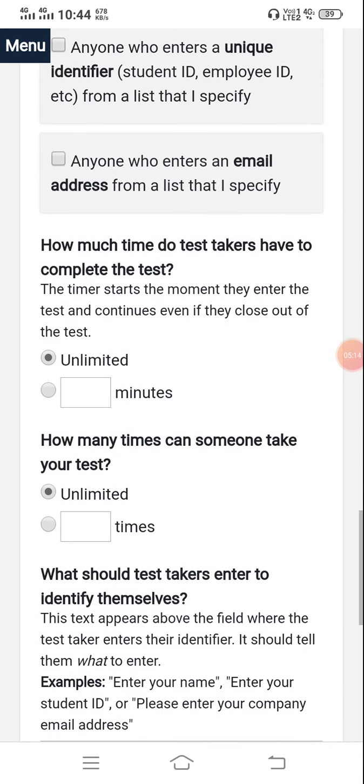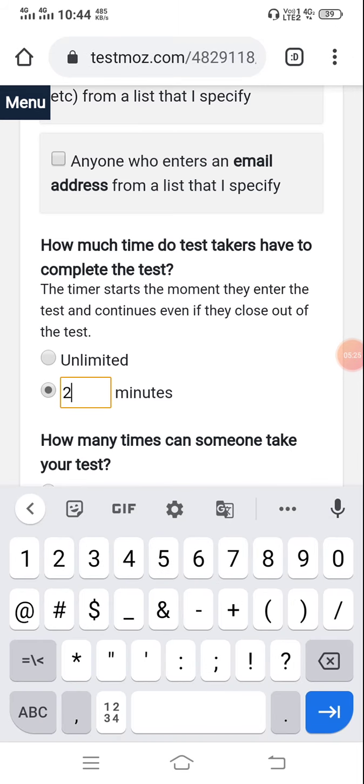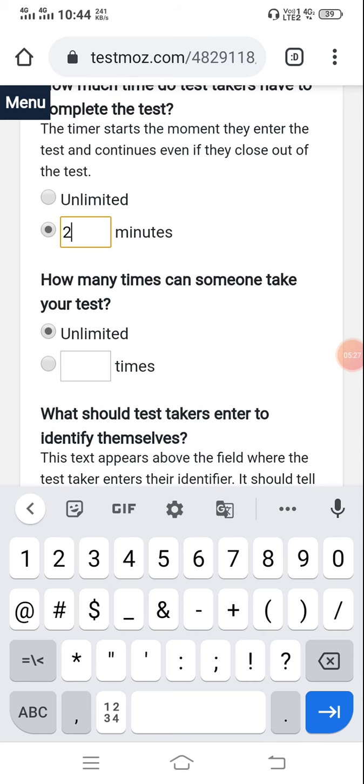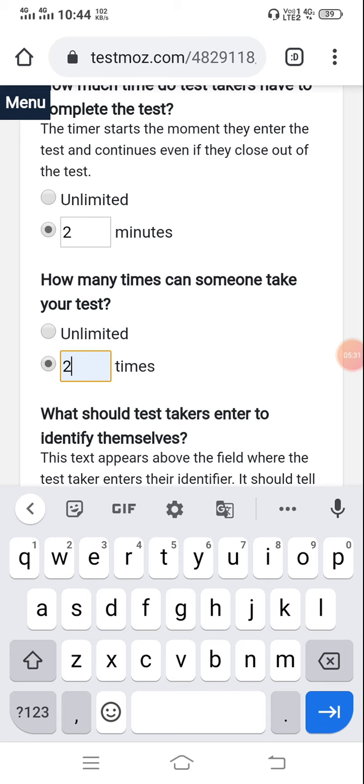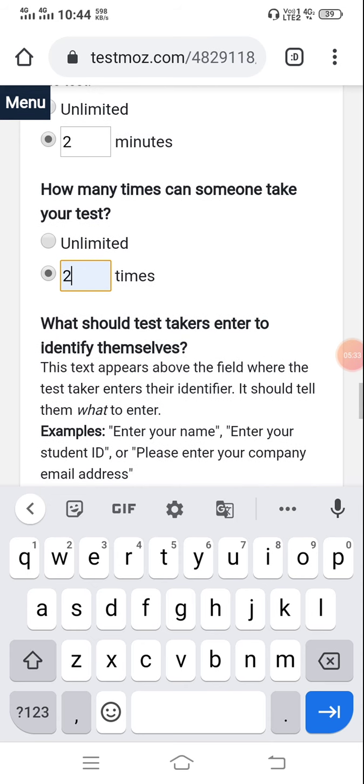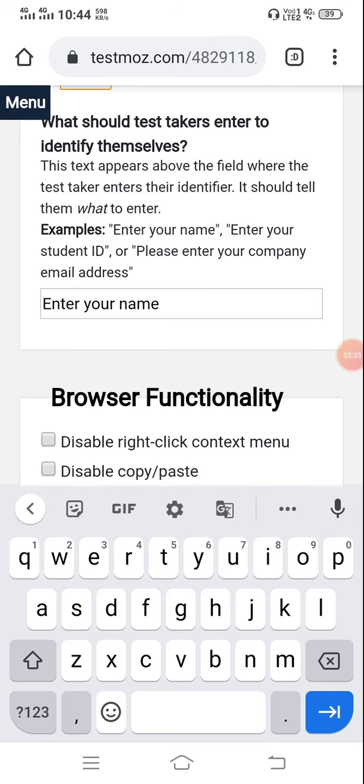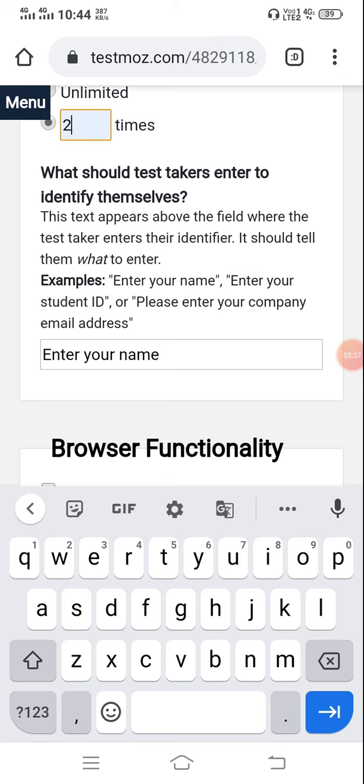I am selecting anyone. Here, how much time do test takers have to complete the test, that means the time duration for the test. So I am giving here just 2 minutes. And how many times can someone take your test, that also I am giving 2 times only. And next, what should test takers enter to identify themselves, that means participants enter to identify.